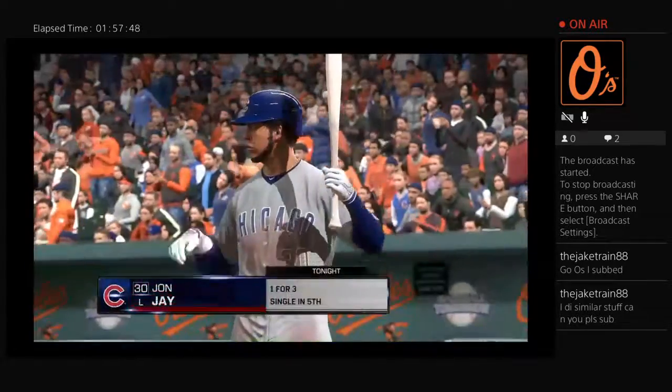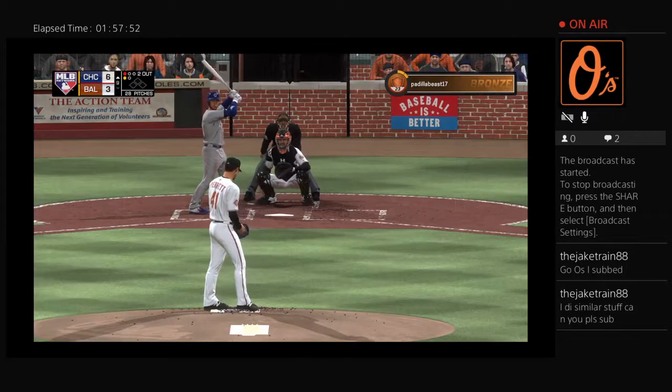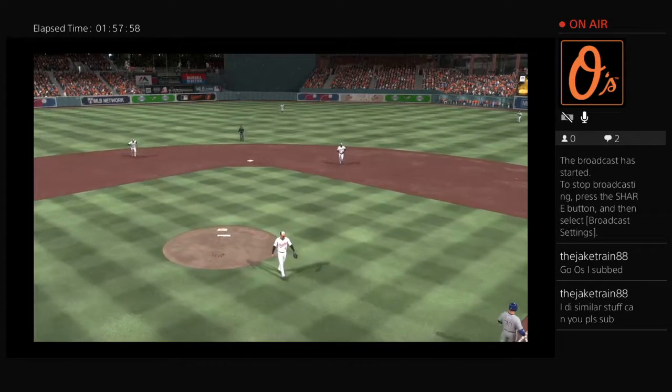Up next for the Cubs, stepping in, Jon Jay. He's got a hit in 3 at-bats to this point. Hit back toward the mound. Oh, and he just throws the glove up there and snares it for...